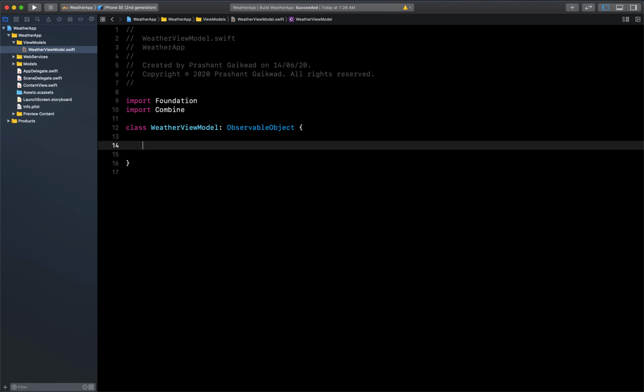Let's start writing our class. To start writing our class, we first need to initialize this web service which we have written here, which is basically responsible for calling the API.